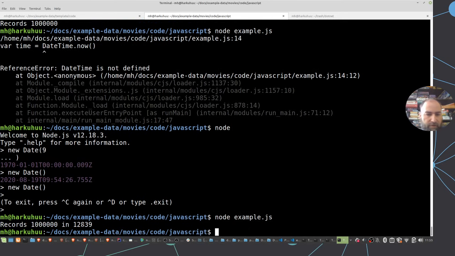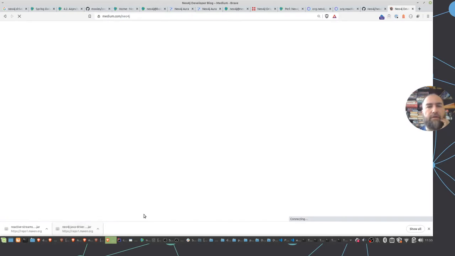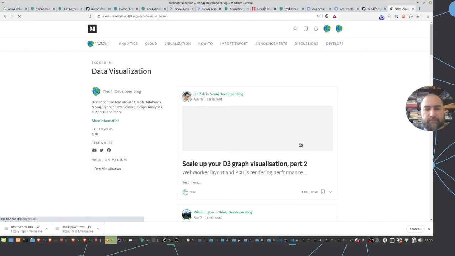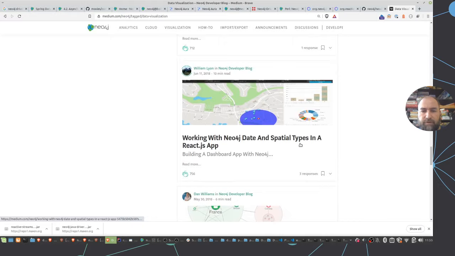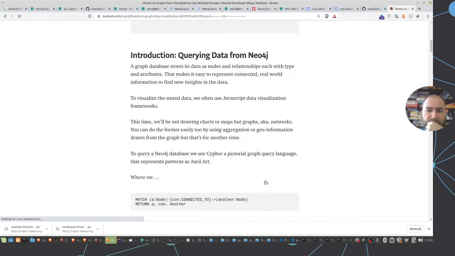So this is 128 seconds or 12 seconds? It's 12 seconds actually. So it should be less than 1 second, because if you look at our Medium blog in the visualization section, I had one blog post here at the beginning which said hands-on graph data visualization, and I did these experiments before,